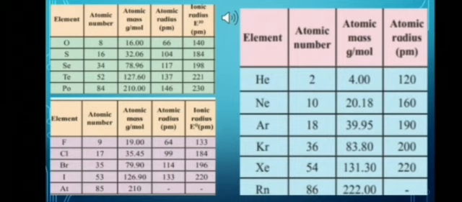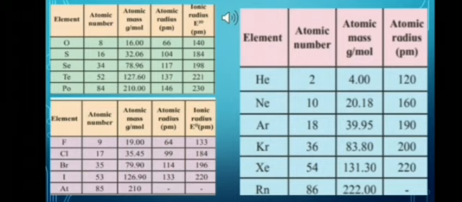Now in group 17, the atomic radii of halogen atoms are the smallest in their period. The atomic and the ionic radii increase on moving down the group. On moving from left to right, nuclear charge increases, but the number of shells remains the same. Thus, the nuclear charge experienced by the valence electrons in the halogen atom is the highest. Hence, the halogens have the smallest atomic radii. The atomic and the ionic radii increase on moving down the group due to the addition of a new shell.